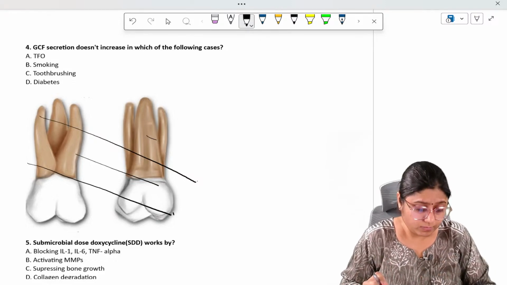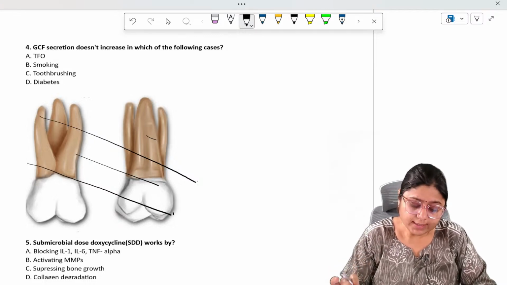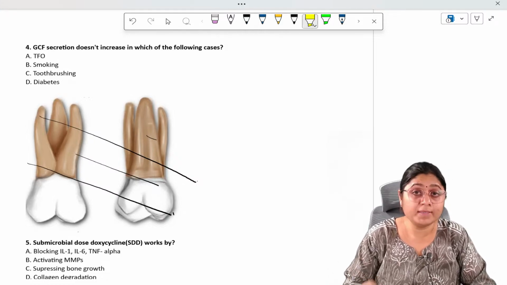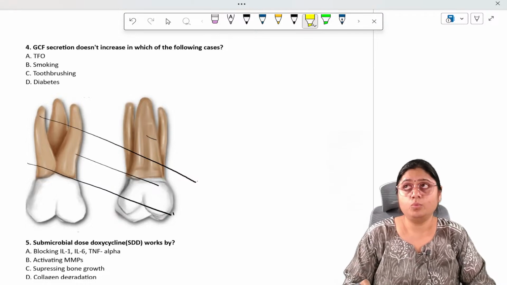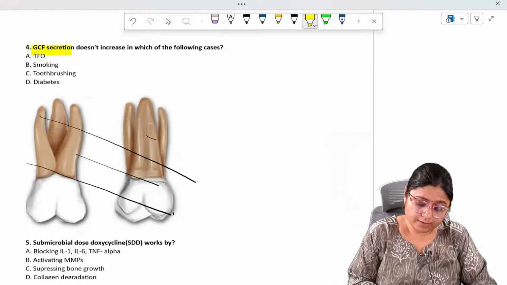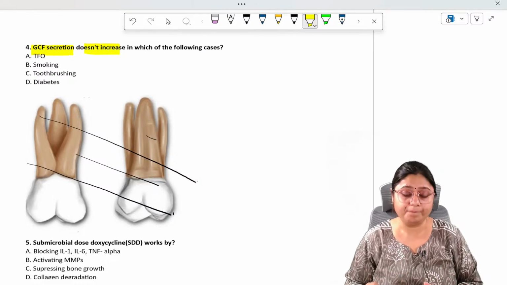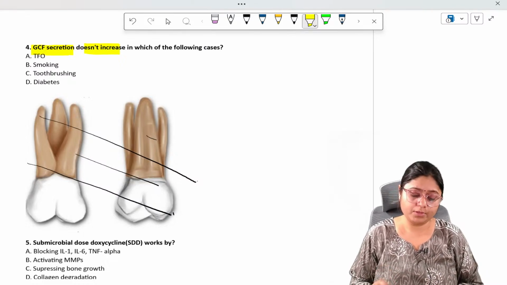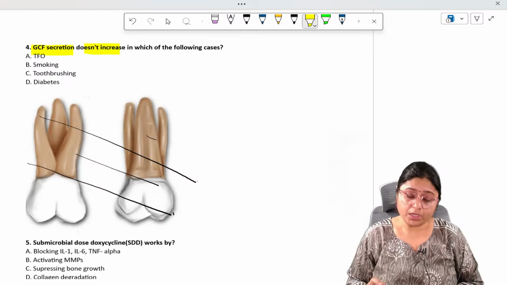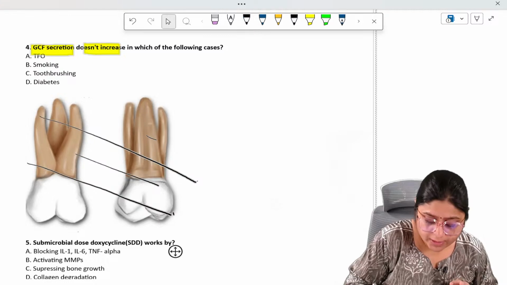Okay, so now question number 4 is: GCF secretion doesn't increase in which of the following cases? This is once again a question which comes many times in the Telegram group for doubts, right? GCF secretion does not increase, means it remains the same. In which of the following cases? Option A is TFO, option B is smoking, option C is toothbrushing, and option D is diabetes. Now remember, when GCF increases,